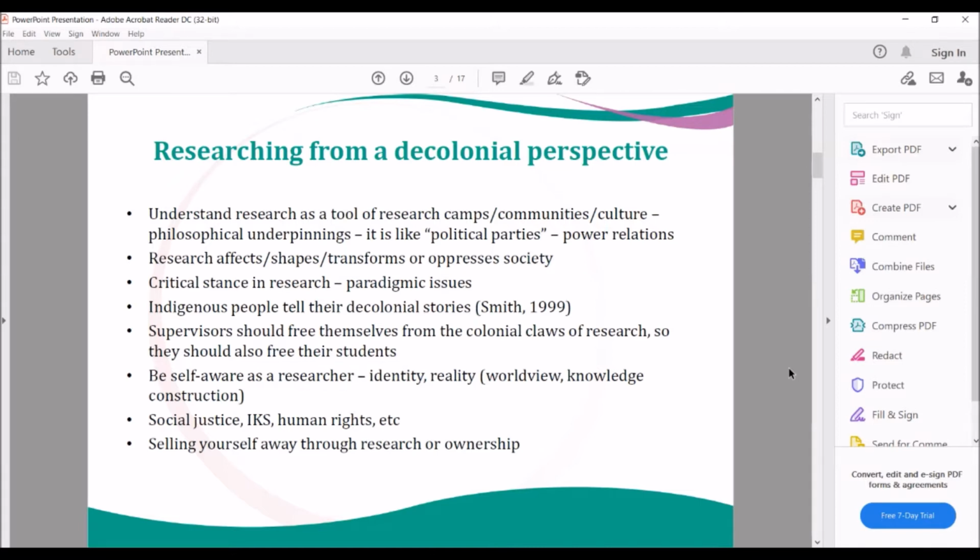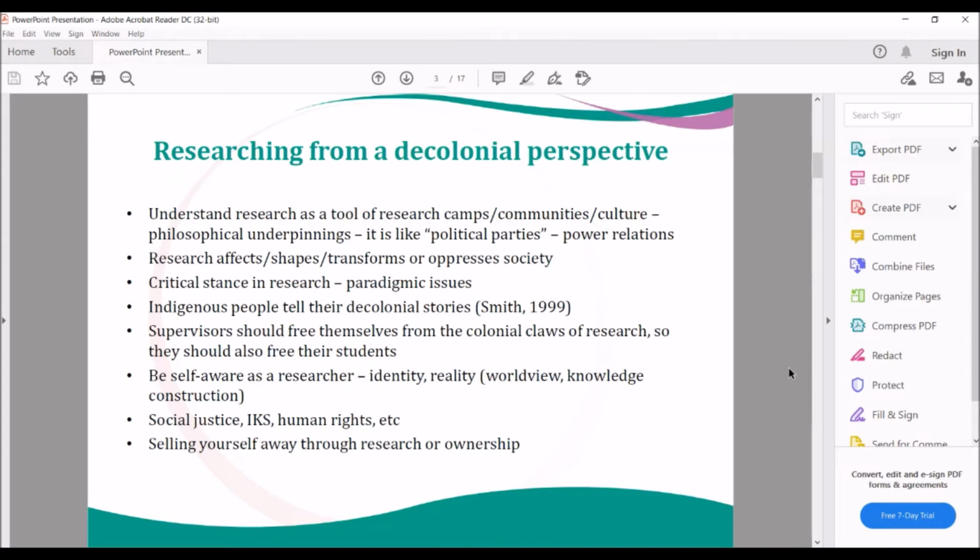Because if we don't do that, we might be suspects of coloniality, perpetrating the traditional scientific approach to research. So we need to first declaw or unclaw ourselves from that by thinking about what we are doing ourselves, and so that we can be able to channel our students' work